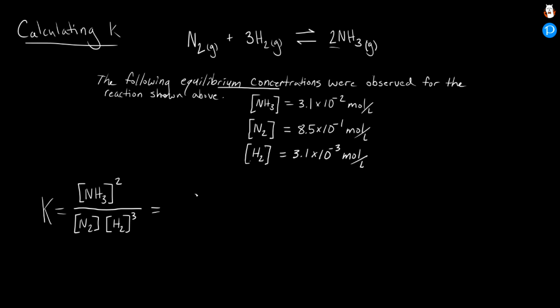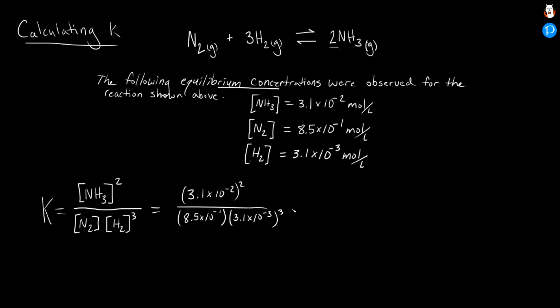So for NH3 on top there, we're going to have 3.1 times 10 to the negative 2. That's going to be squared. On the bottom, N2, we have 8.5 times 10 to the minus 1. And for H2, we have 3.1 times 10 to the minus 3, and then this value is going to be